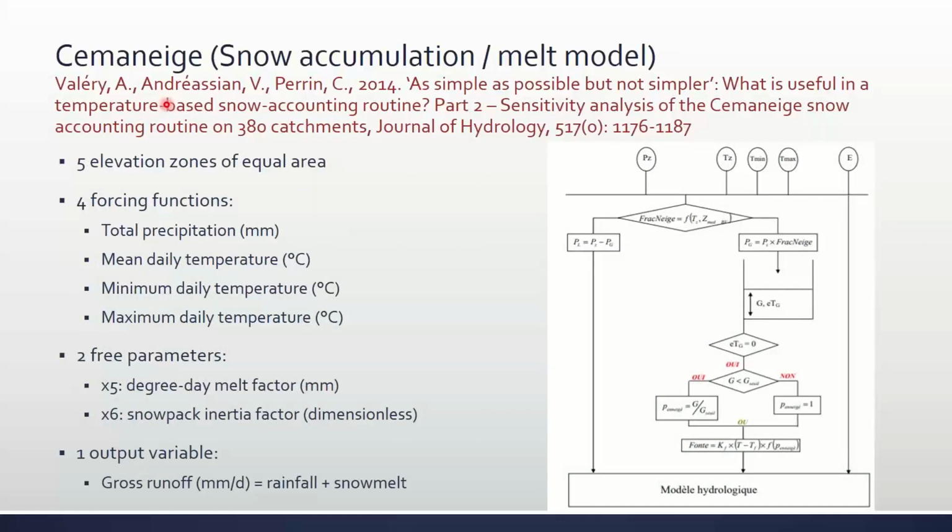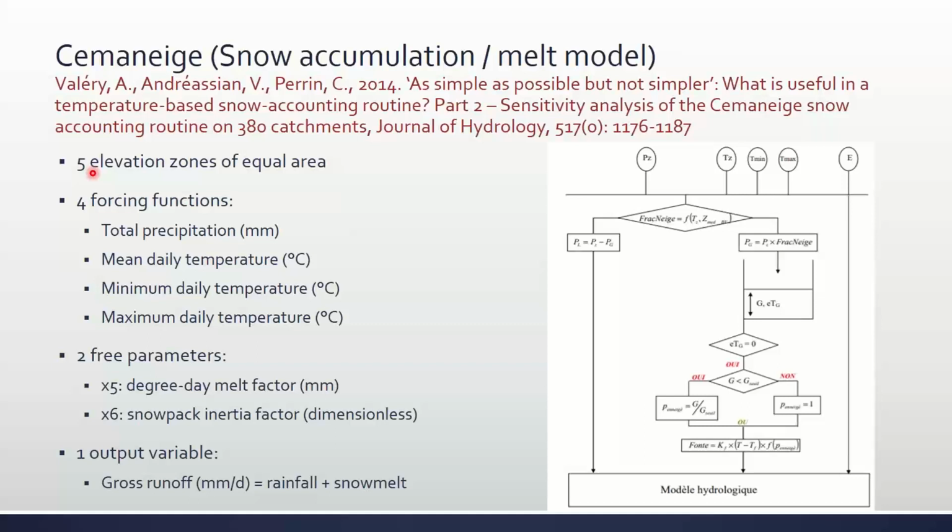So that snow model is separated in 5 elevation zones. Important to say they're not 5 zones of equal elevation. They're equal area. So each zone represents 20% of the total acreage of your catchment. And that's because if you look at a typical